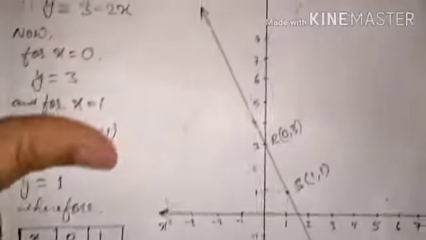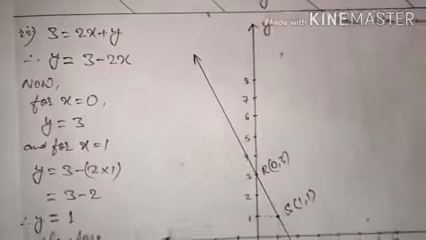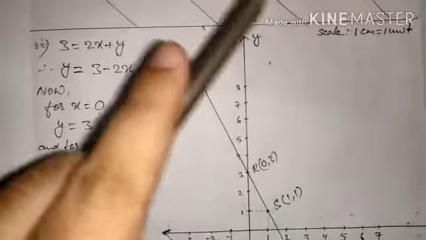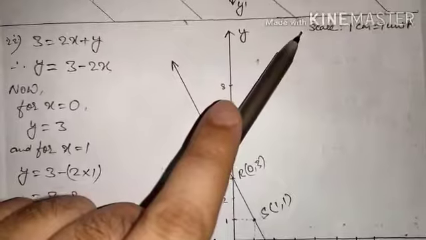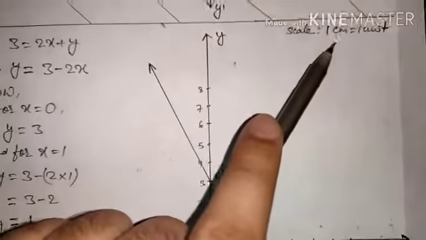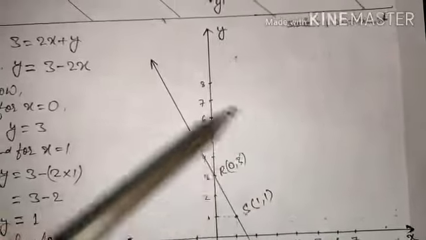Okay, now let us move on to another question. One more question I have taken for you of this graph, and one more thing is left over there, that is the scale. So the scale is taken over here also. The scale must be 1 centimeter is equal to 1 unit. It depends upon you, whatever you want you can take as a scale.